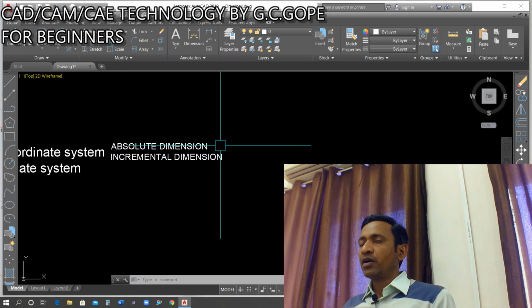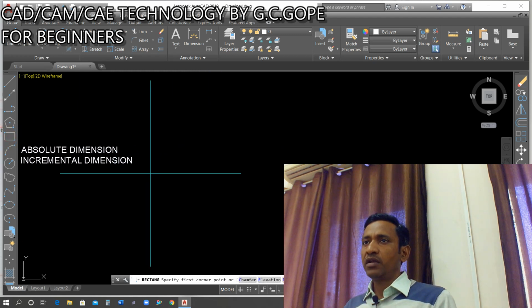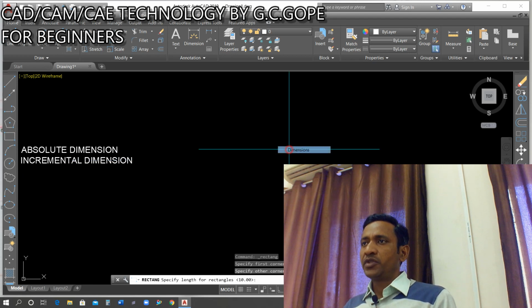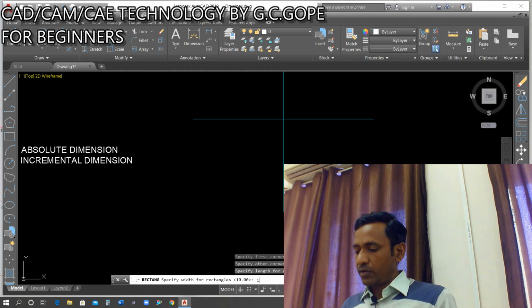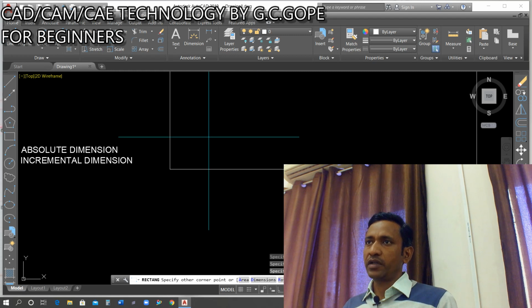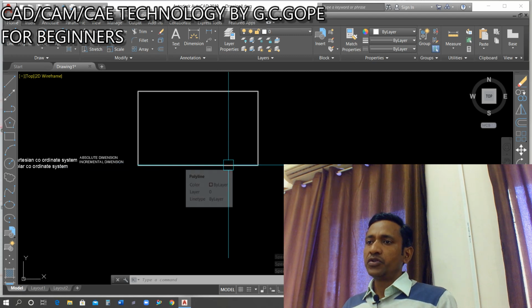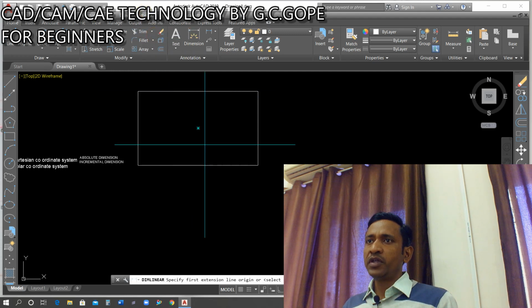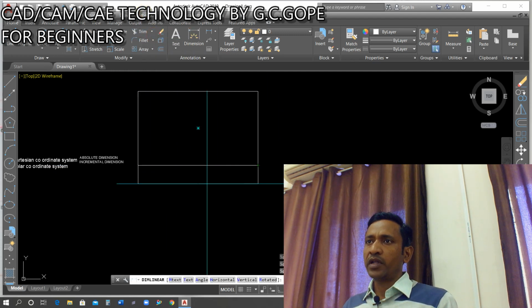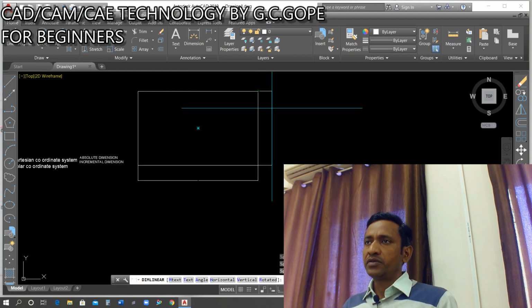So now let's make a program. Before this I'm going to draw a rectangle. Suppose the length of this rectangle should be 200 and width should be 120. Press enter. You see we have a rectangle. The length of this rectangle is 200 and this one is 120. Let's see, I will show you the dimension of this one. Click first point and second point, and then drag and drop. Now again select first point and second point, drag and drop.